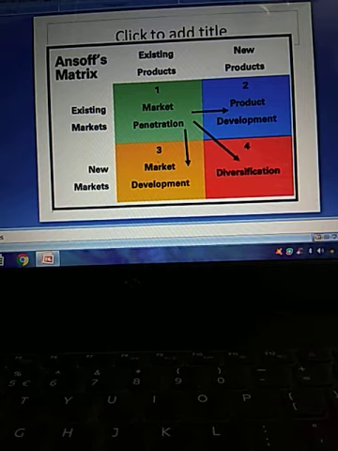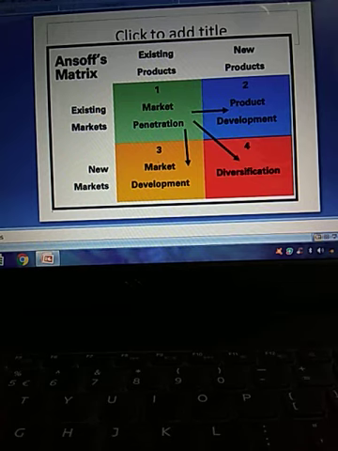In existing markets with new products, the product you are going to sell should have attractive, special features for the customers, then only the product selling will take place. The third approach is new markets and existing products. With the old products, when you are entering into new markets, the approach is called market development.